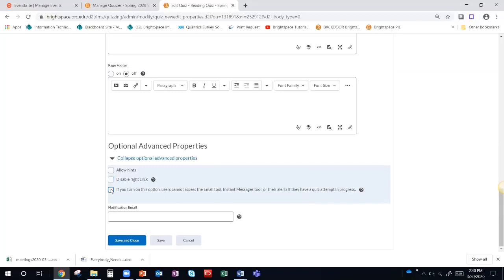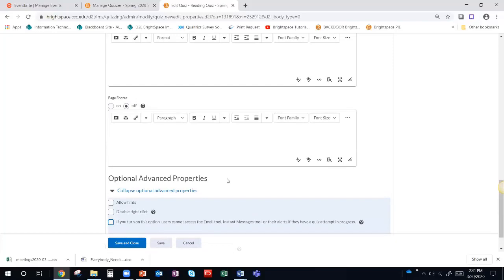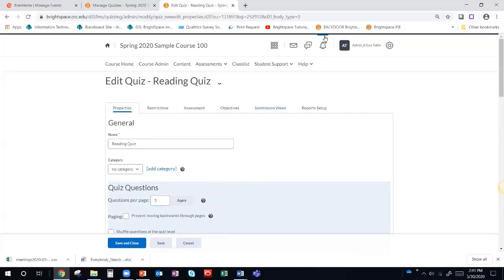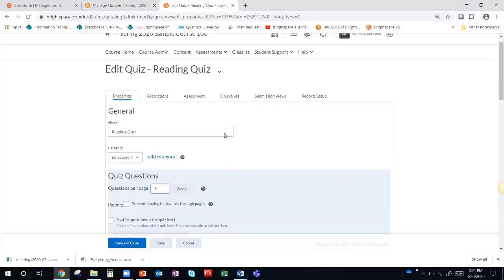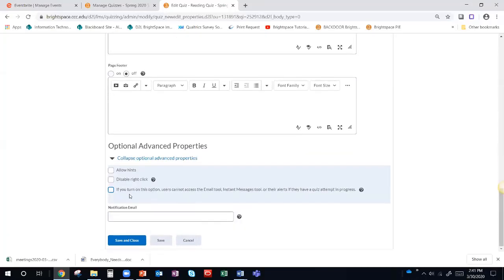This last option, I don't typically recommend checking, but it's based on your preference. If you turn that option on, students can't access the email tool or instant messaging tool inside of Brightspace. So that's these tools up here, and they can't email their instructor, they can't email other students. The reason why I